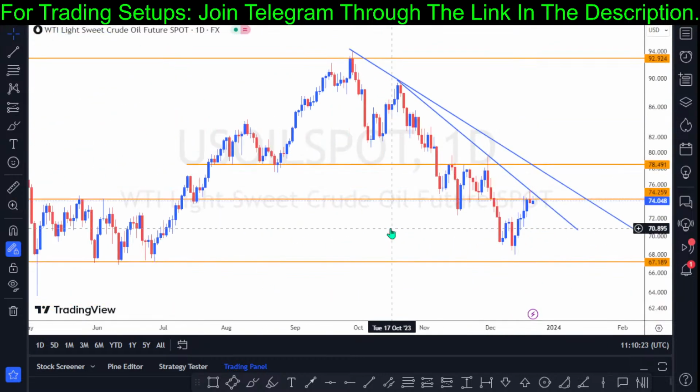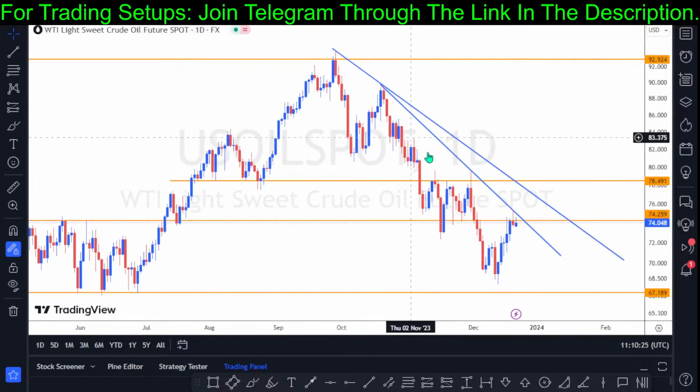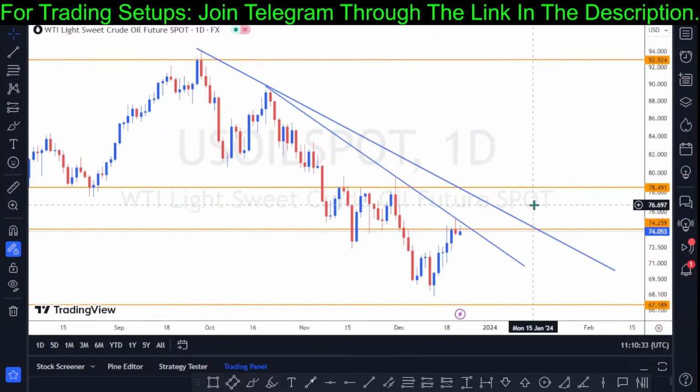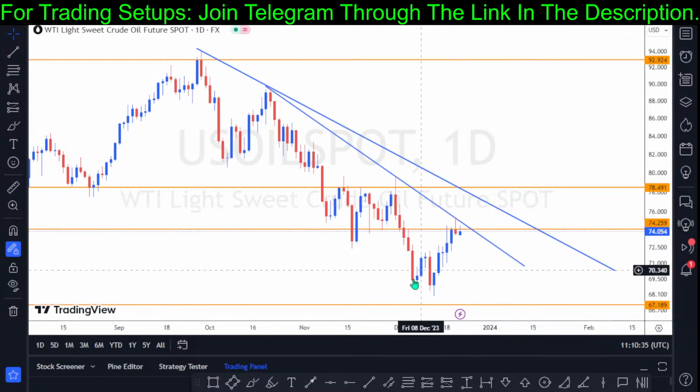And you can see we have a lot of confluence factors right here. First, we have the third test of a trend line, of an inner band of an inner trend line. And then we have a test of a broken key level structure, right? Now, the application of our Fibonacci retracement